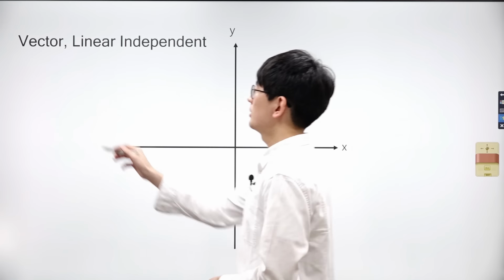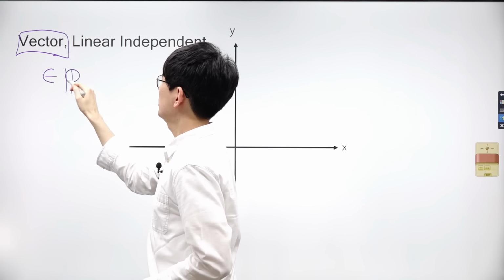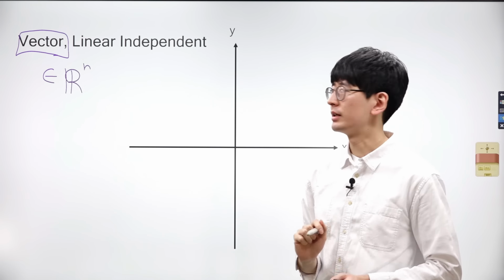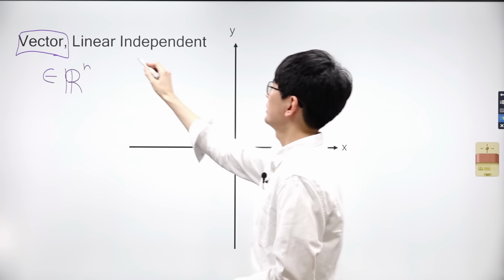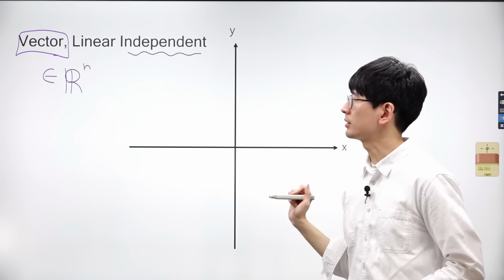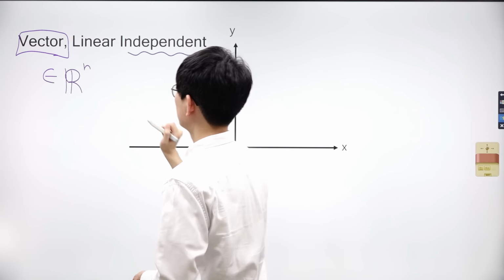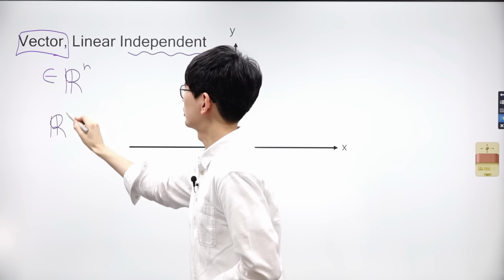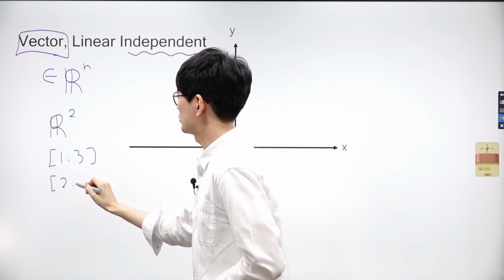Let's explore vectors in more detail. As mentioned earlier, vectors are collections of scalars and they belong to Rn. Again, they are collections of scalars and they have n scalars inside them. One important concept related to vectors is linear independence. But before delving into the concept of linear independence, let's discuss the functions of vectors. We'll begin with vectors in R2 since they are easier to visualize. What are vectors in R2? They are basically coordinates on a plane like 1, 3 or 2, 4.